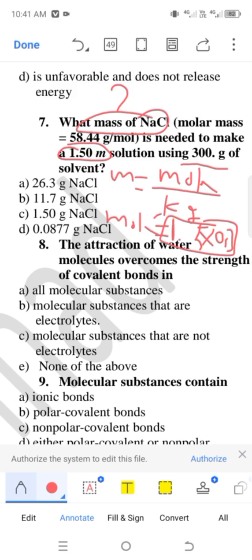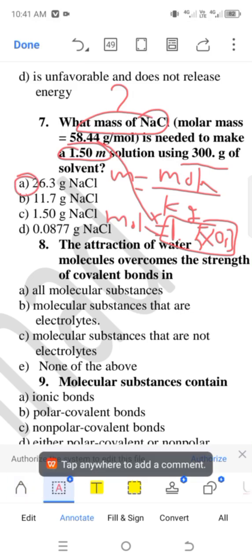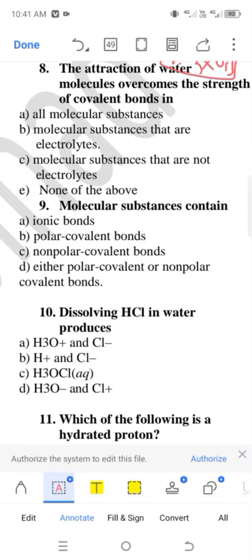Multiply this by the molar mass, you'll get the correct answer, which is A, 26.3. That's calculation and easy. Next: the attraction of water molecules overcomes the strength of covalent bonds in... Guys, I have provided the same questions, this type of question, in the quiz. It means that